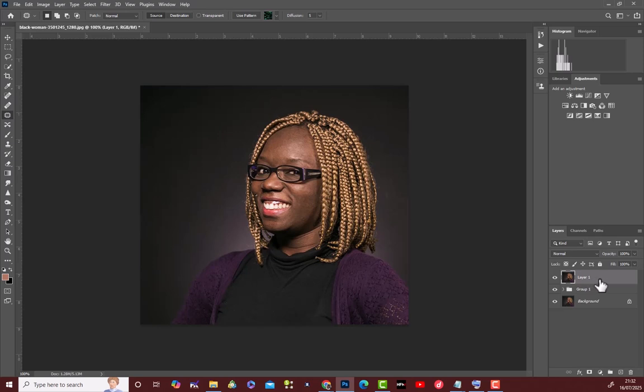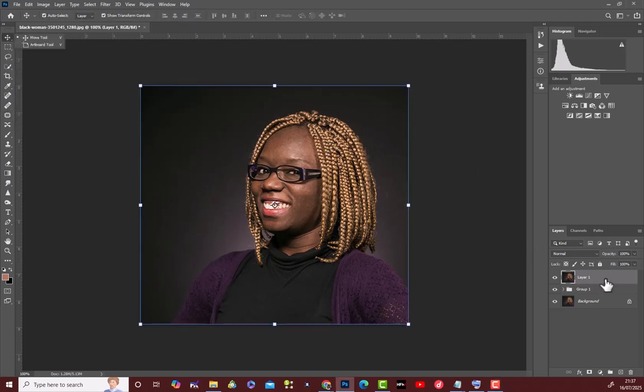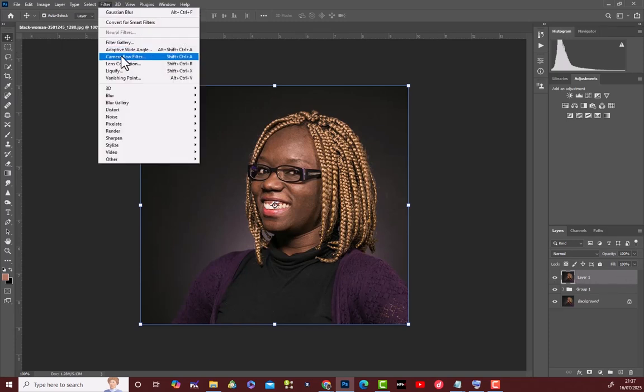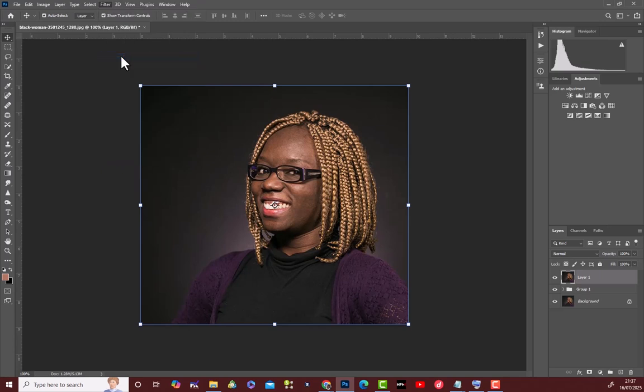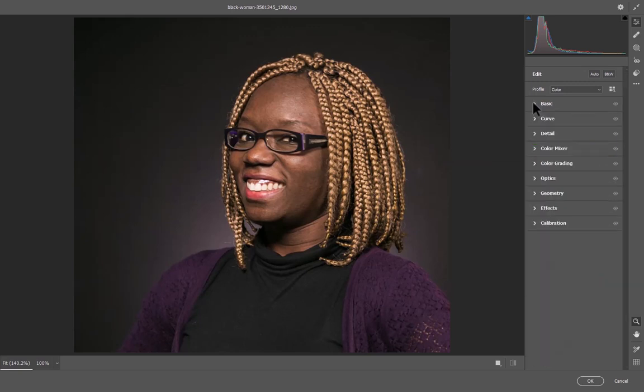So what we'll do is select this layer. So the next thing is to go to Camera Raw. Make sure you select your move tool, right? And you select the image, the layer you're working on. So I come to filter, Camera Raw. So the next thing I want to do is to go to basic. So if you come here for the first time, it will be like this. I come to basic